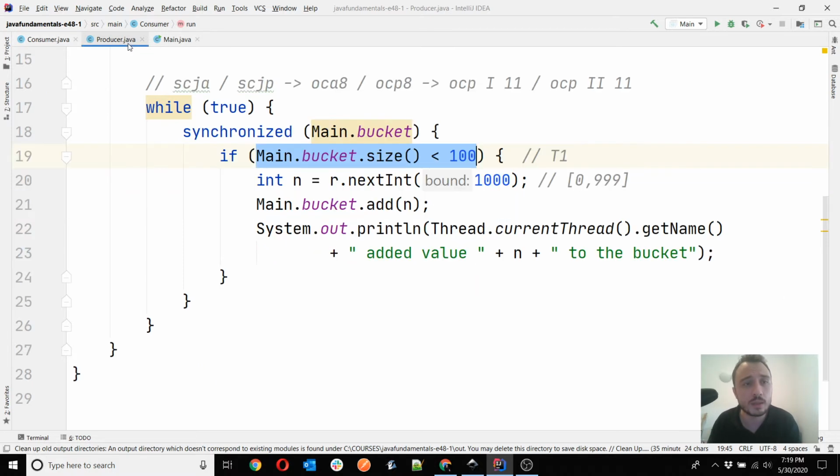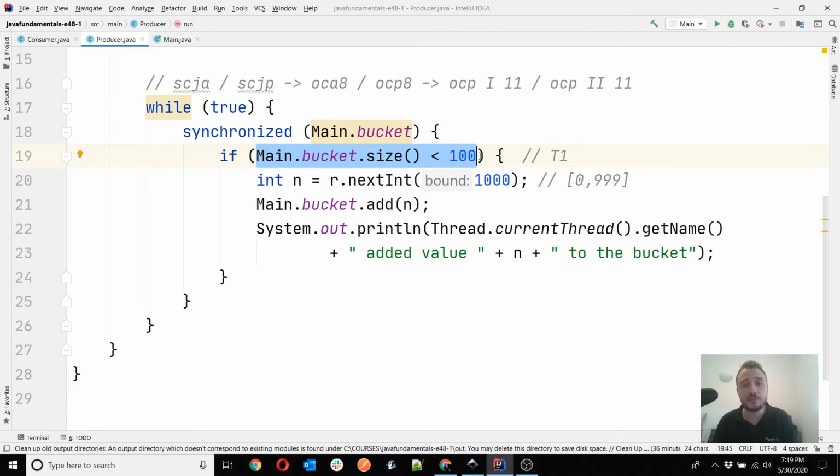And if you take a look on the other side, the producer side, it's basically the same problem, just on the other edge. It's like when the list has 100 elements. When you have the list already with 100 elements, then this condition will of course become false.